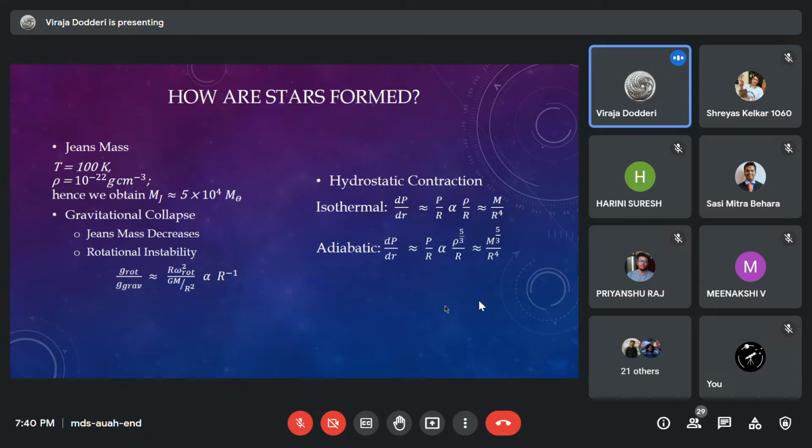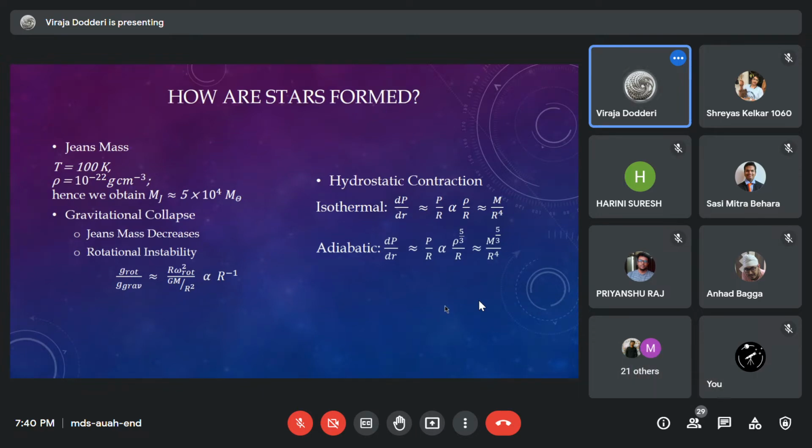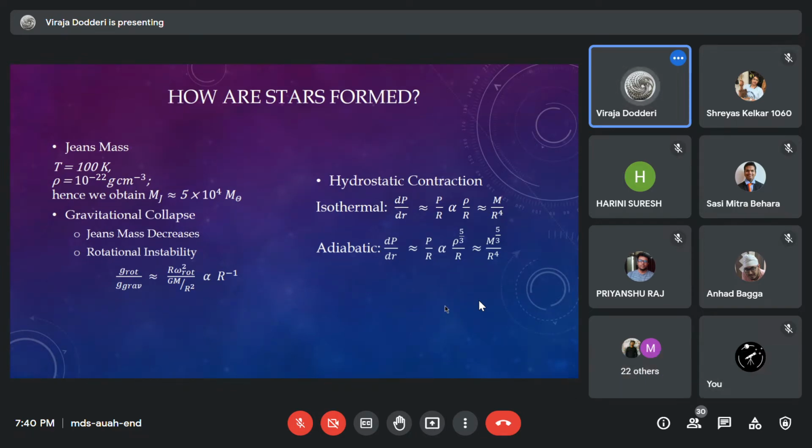So the critical mass, the Jeans mass, decreases when the cloud starts contracting, and due to this, even the density starts increasing. And because the cloud is now considered to be roughly isothermal, it becomes unstable. And as you know, when the gas is constricting,